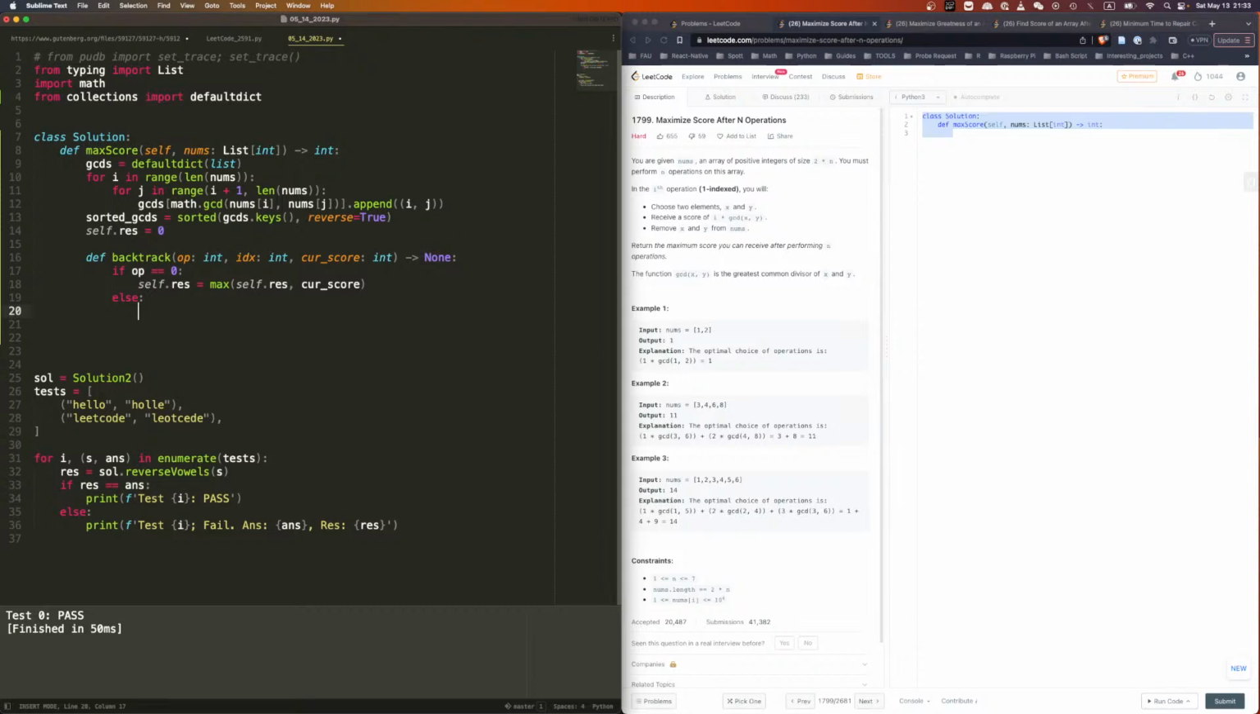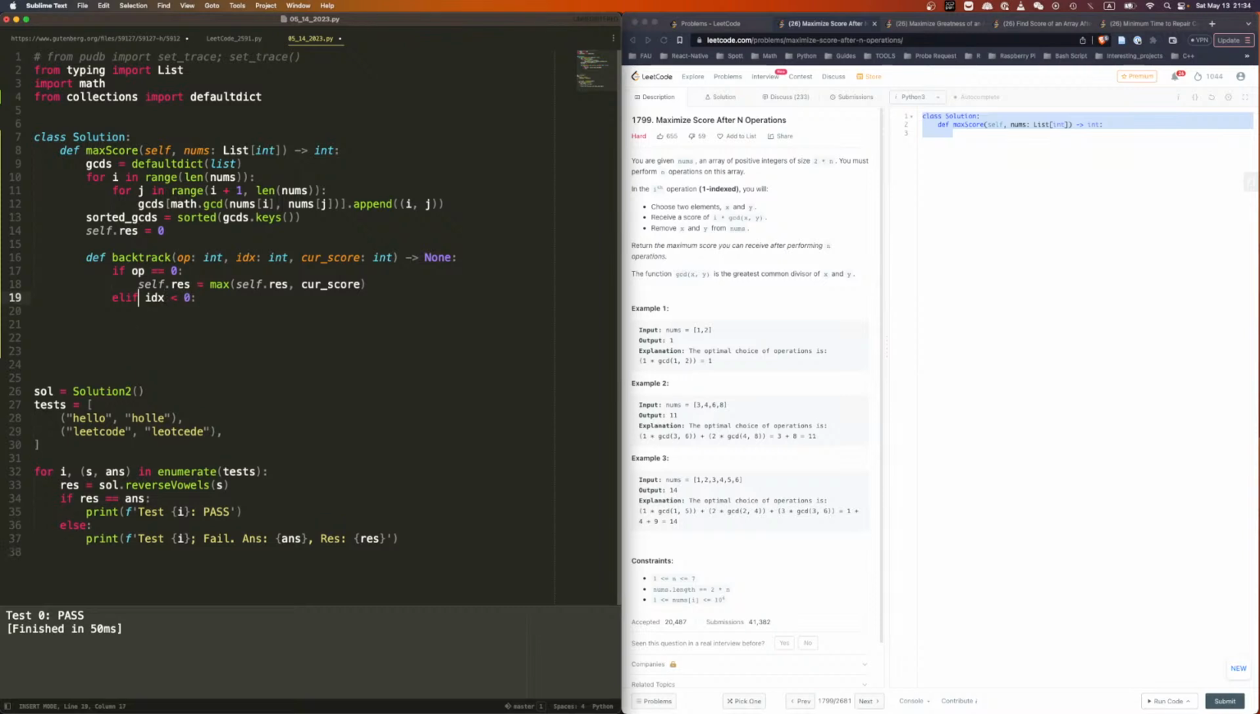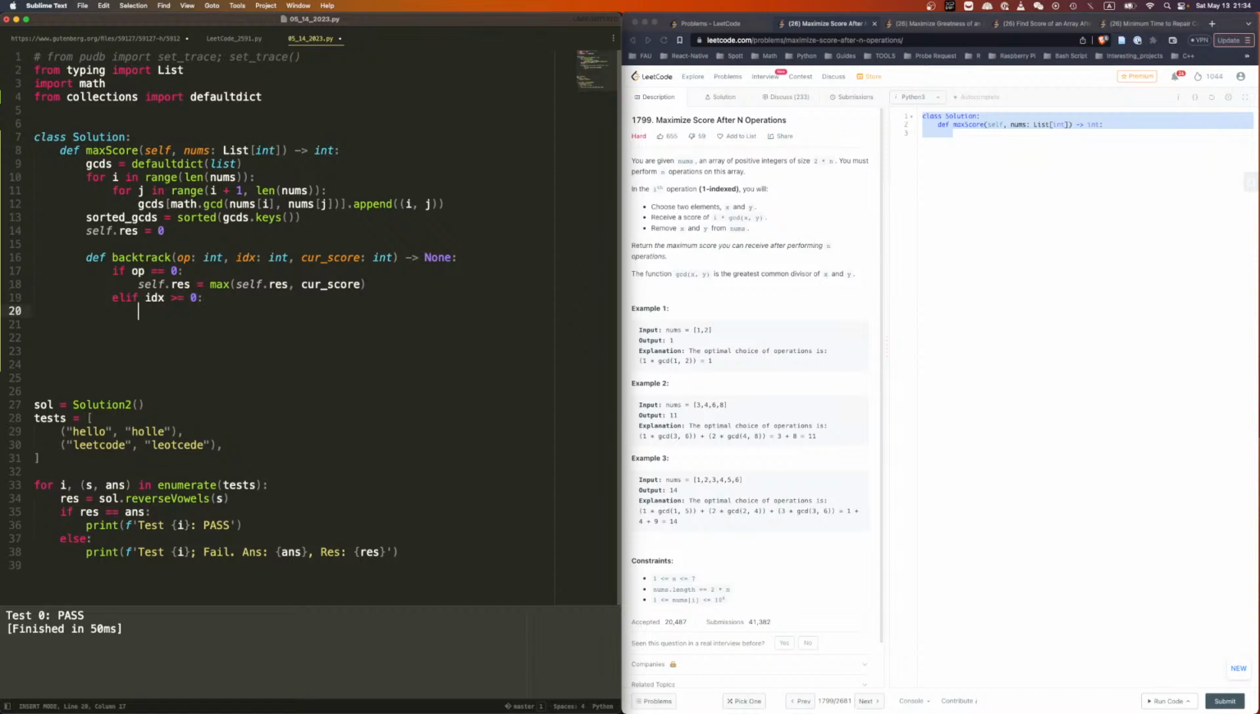Okay, so if OP is 0, okay, if index is, yeah, let's not reverse. So if index is smaller than 0, then we don't have anything. If index is larger or equal to 0, index corresponding to sorted GCDs, and what we're going to do is,